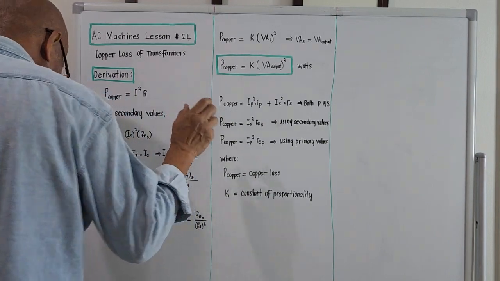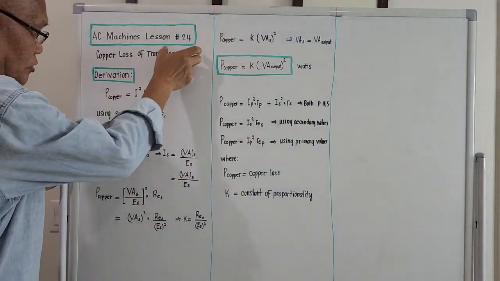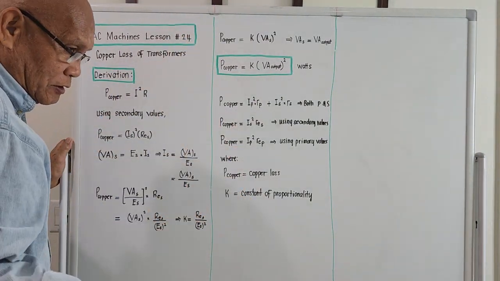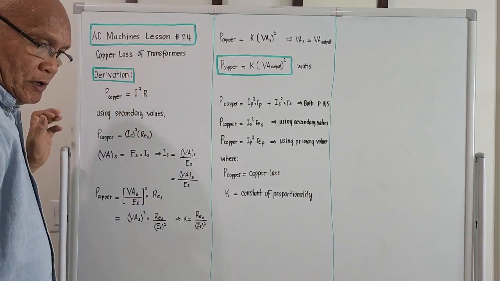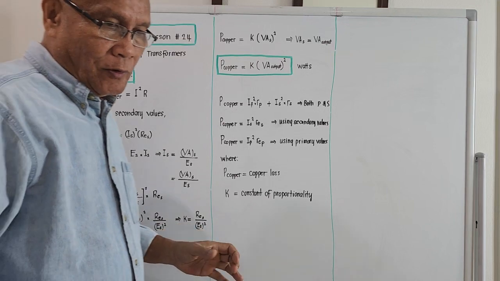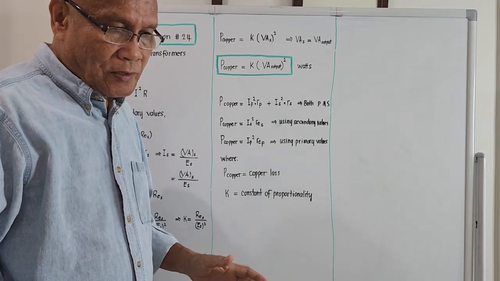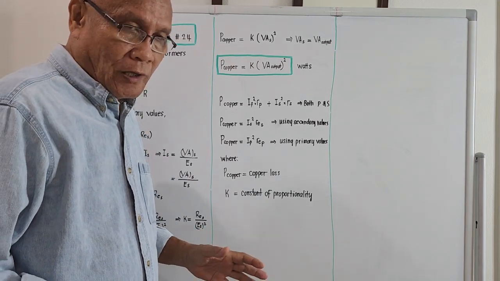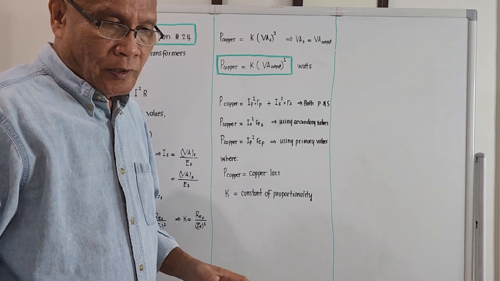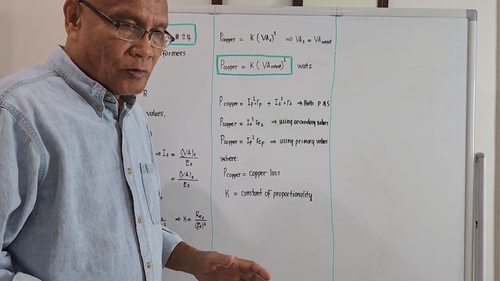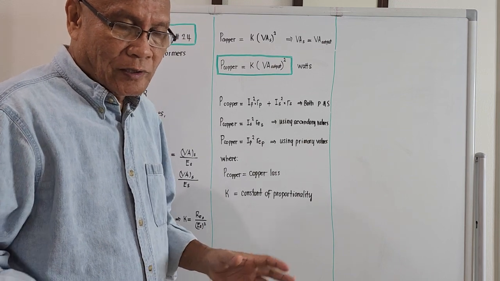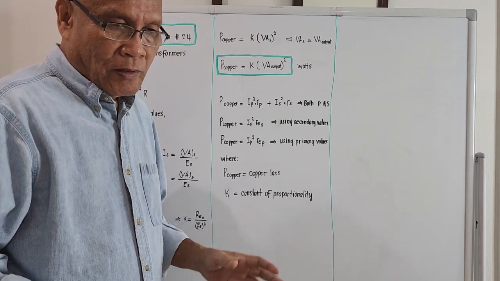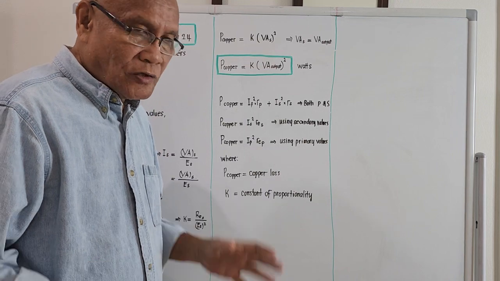For tonight, I will be discussing AC machines, lesson number 24, and the title of the topic is Copper Loss of Transformers. Actually, I have given you already the formulas on how to compute copper loss of a transformer. Even the test on how to determine the copper loss, I've discussed already, the so-called short circuit test. But as an additional